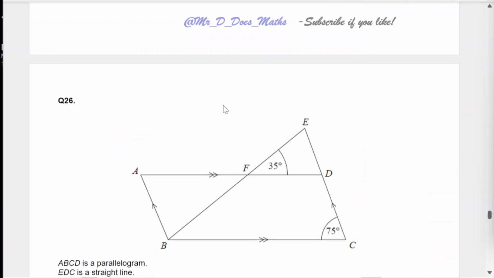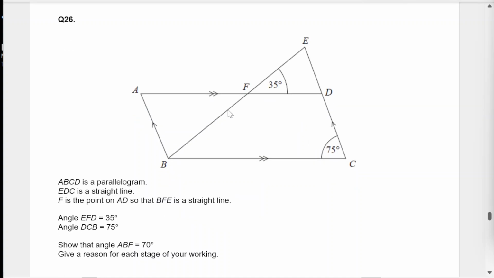Okay, question 26. We're given some information. ABCD is a parallelogram. EDC is a straight line. F is a point on AD, so that BFE is a straight line. Angle BFD is 35, shown on the diagram. Angle DCB is 75. Show that angle ABF, so this angle here,